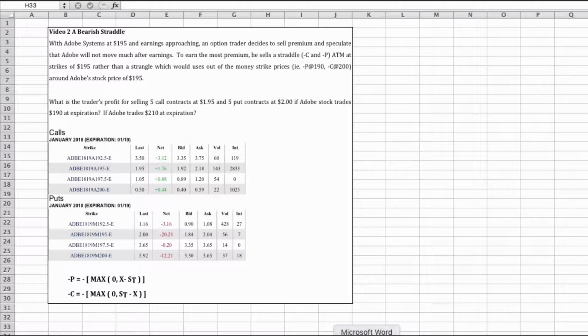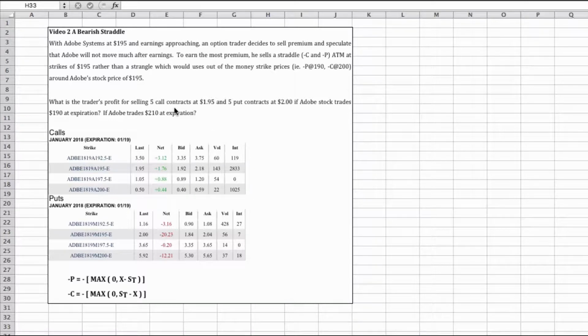So you just want to collect option premium by selling calls and puts around the 195 stock price. And like all sellers of option premium, you have limited upside, just the premium collected, but you have potentially large downsides because one, the stock could just double or keep on going, or two, if it does fall, it could fall from 195 down to zero. And sellers of options are exposed to that risk. So let's take a look at this problem.